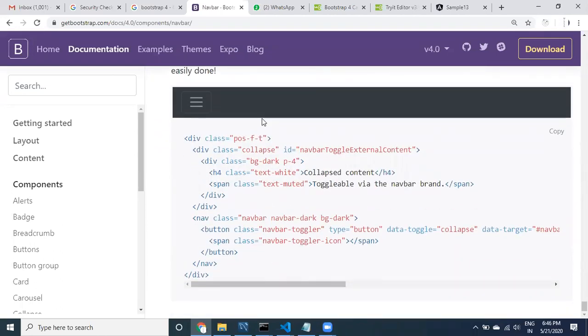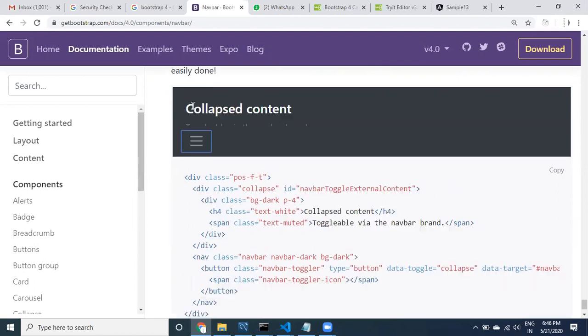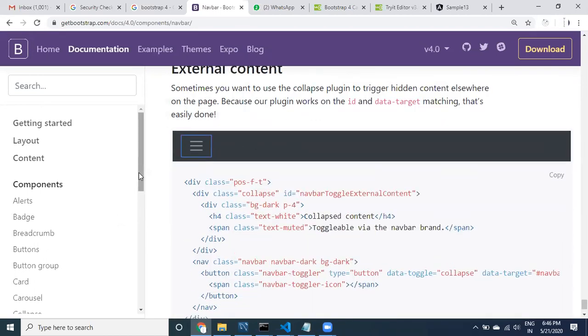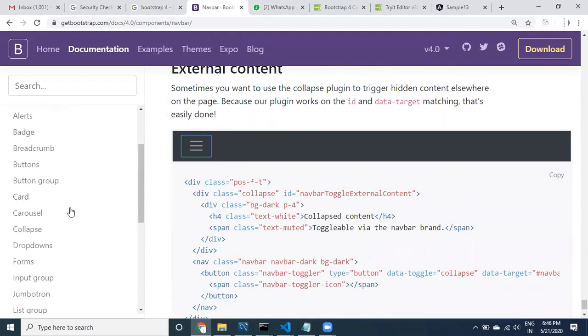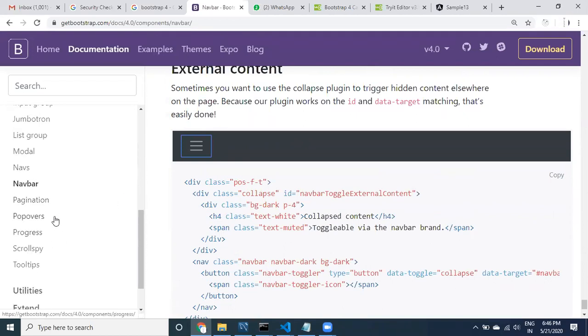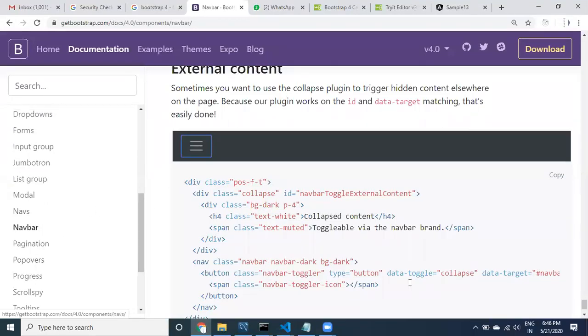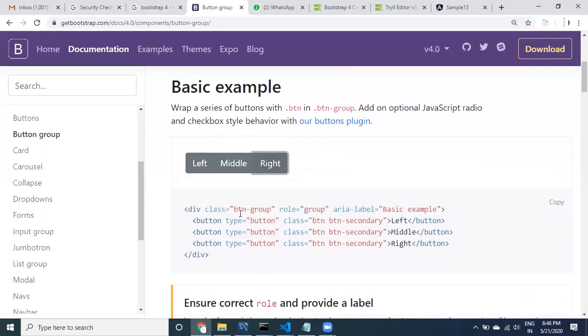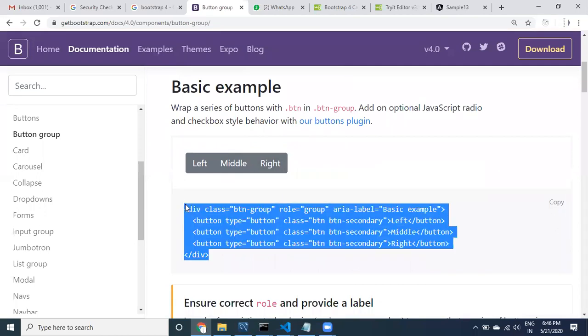Now see here, this kind of thing is also available. These are the menu items related to this. See here, guys, this button group. Let's look at how it looks. This group of buttons also makes our UI beautiful.